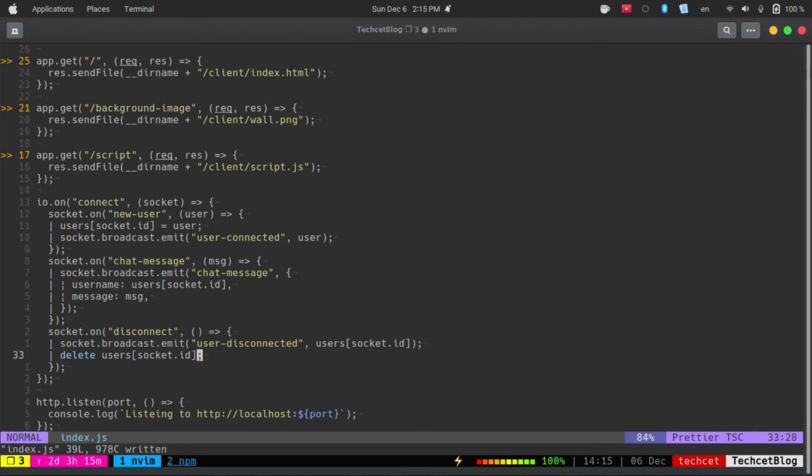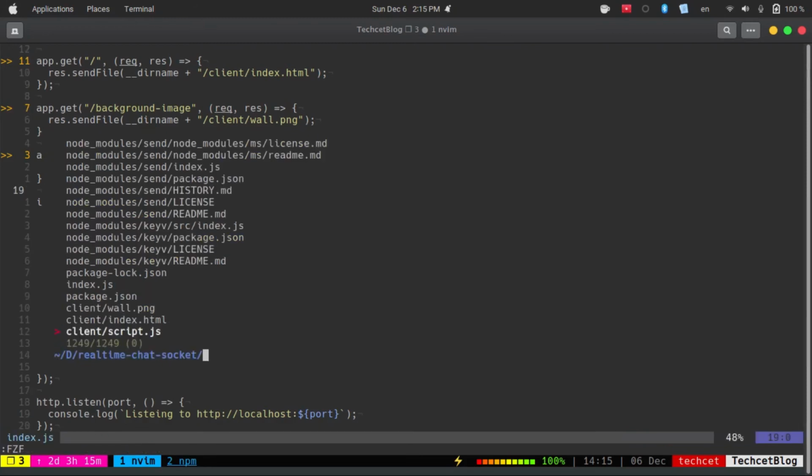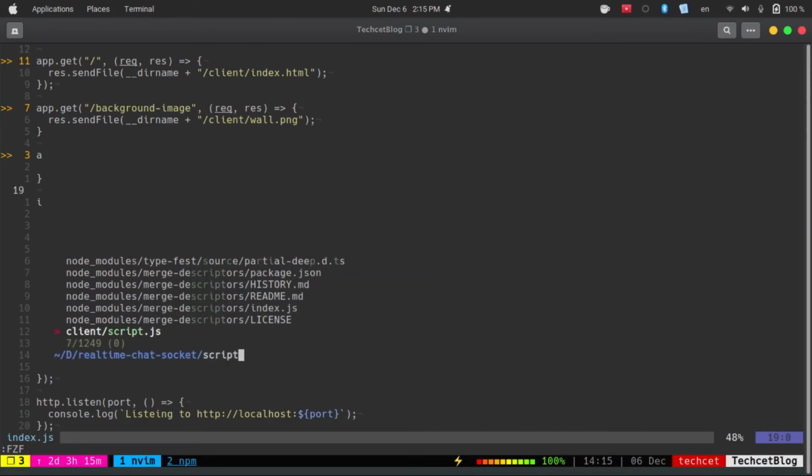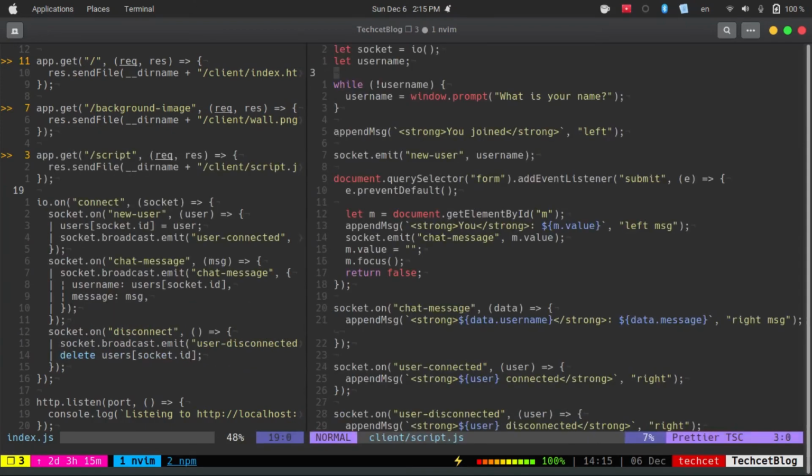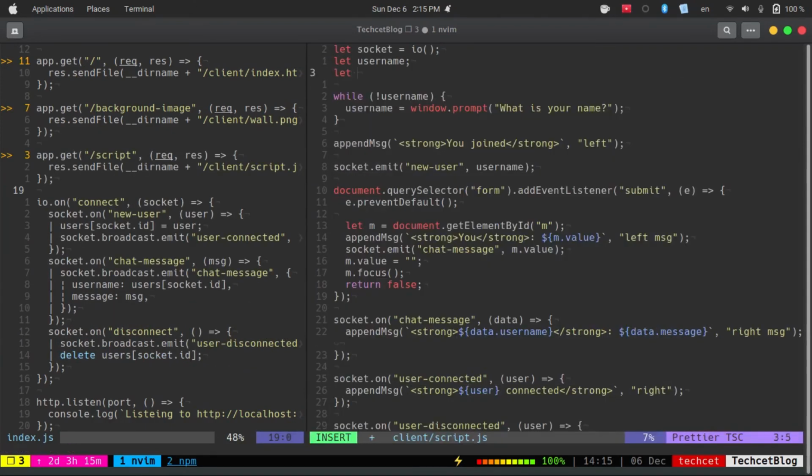Save this file, and after that we are going to make another functionality of this chat application, that is, whenever a user is typing, all other users are going to see that they are typing. Now in our script.js file, we are going to open it, and then we need to use let